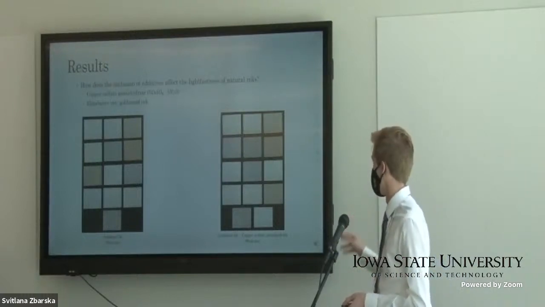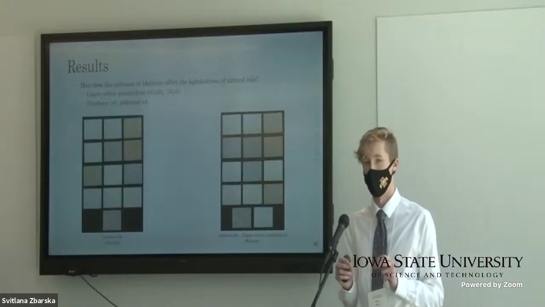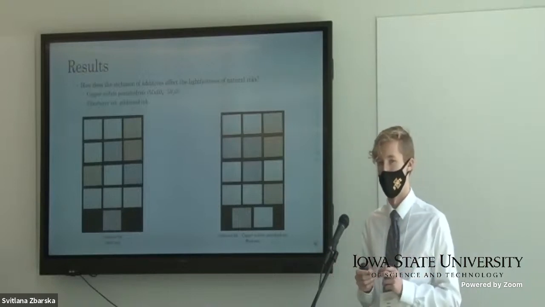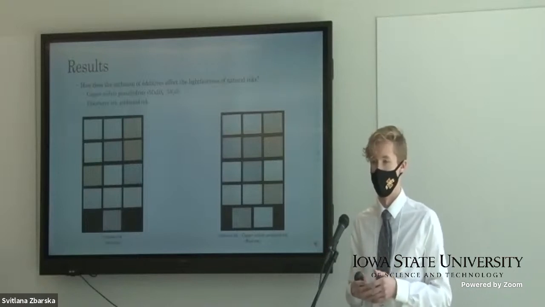And the only thing that we can really determine is that it does modify the color. It may be hard to see, but the goldenrod ink is a light gold, whereas the goldenrod ink plus this compound is actually a light green. And of course, once again, this is something that we would be able to determine the longevity of once we actually get more stains.